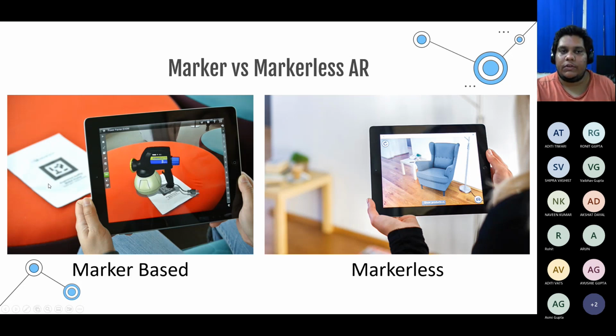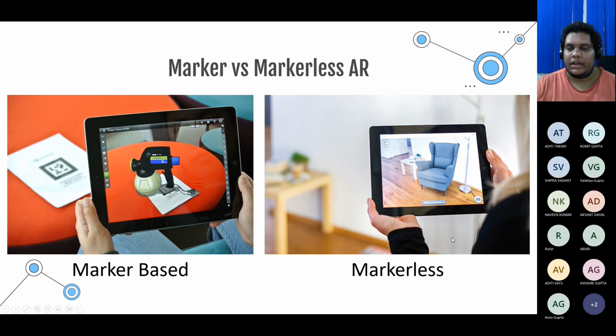Then marker-based versus markerless, again self-explanatory in the images itself. Marker-based has some kind of a target image, and only on those images will something specific spawn. Otherwise, it won't work. Markerless uses information about your surroundings, like trying to find a horizontal plane or a vertical plane and augmenting something there.